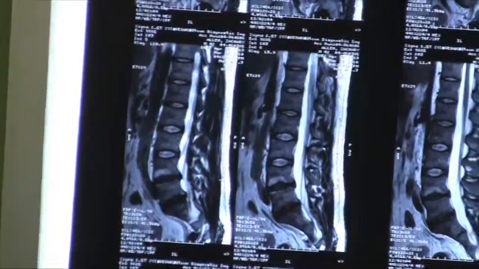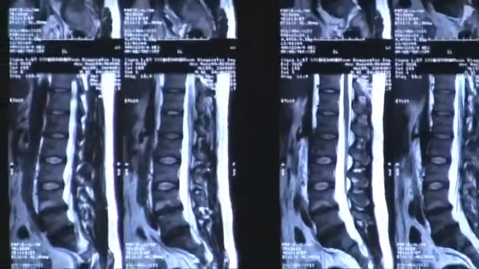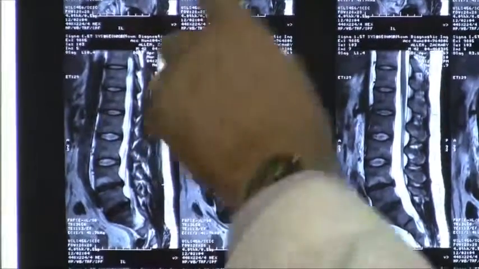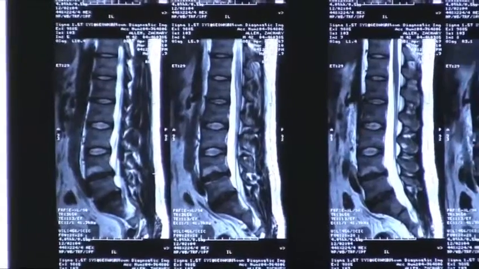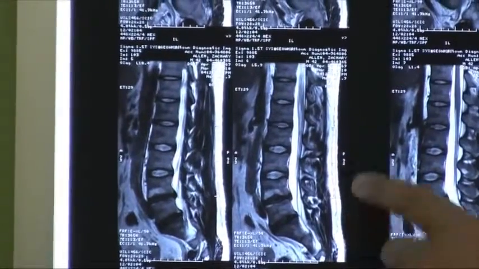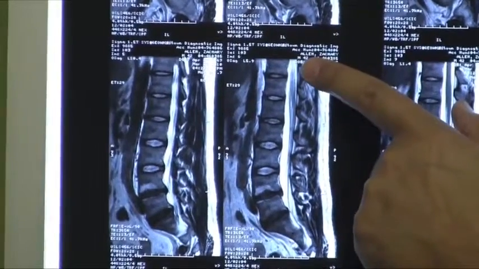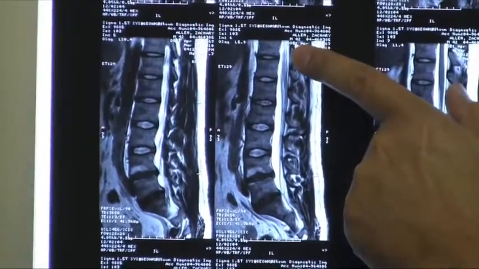This is from another facility. The images look a little different, but they're also quite similar. Again, different slices to see different things. Let me point out a couple of things with this. The contrast in this image is such that you have a good picture of the spinal cord, which ends right